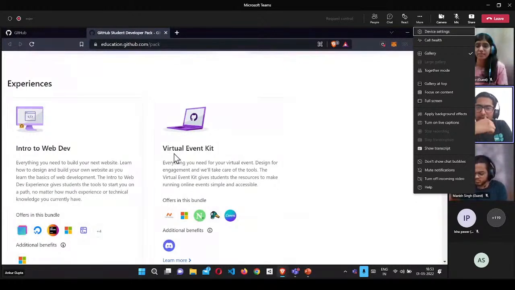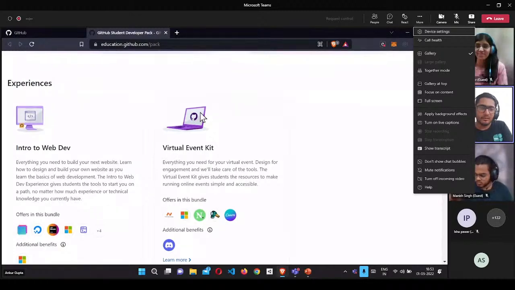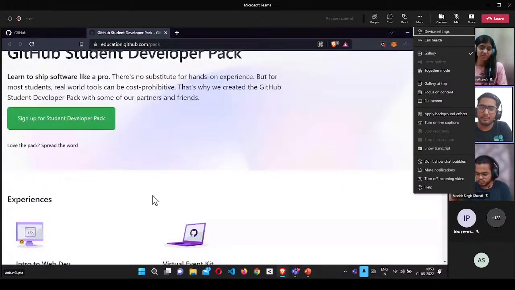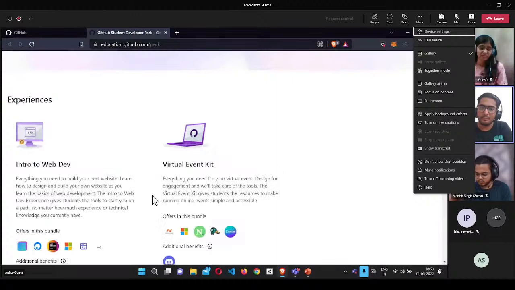So for that you can share a document of your enrollment form or something that certifies that you are part of our college. After doing so, there will be a verification process, and if the GitHub team verifies your application, they will give you the GitHub Student Developer Pack. So this is how you can sign up for it.